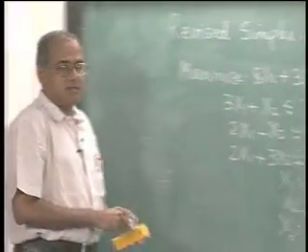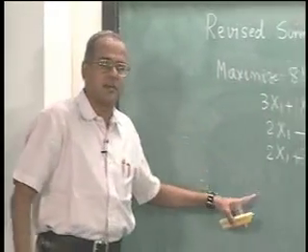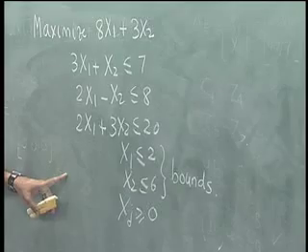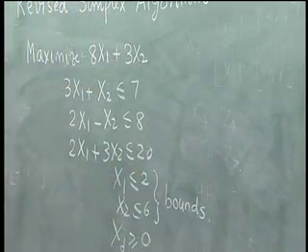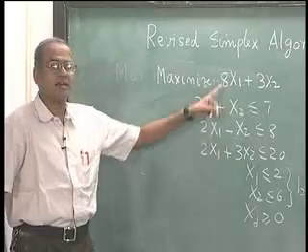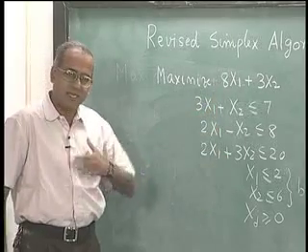Now, the question is, do we have to look at this as a 5 by 5 problem and solve, or can we simply take these bounds outside, look at it only as a 3 constraint problem, and then at every stage